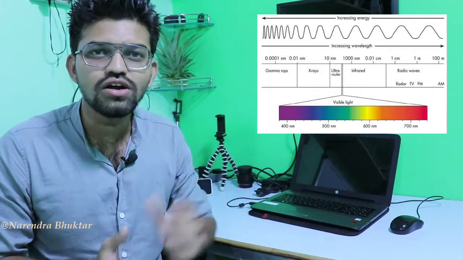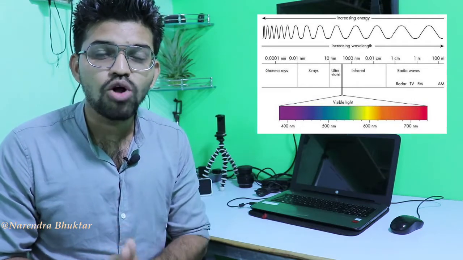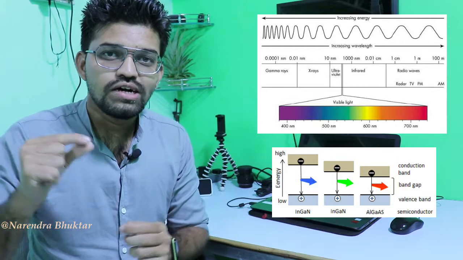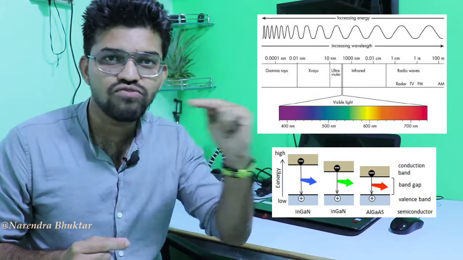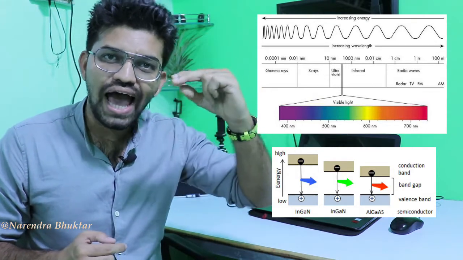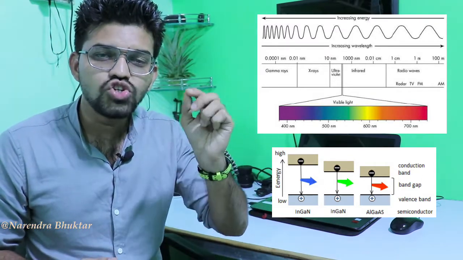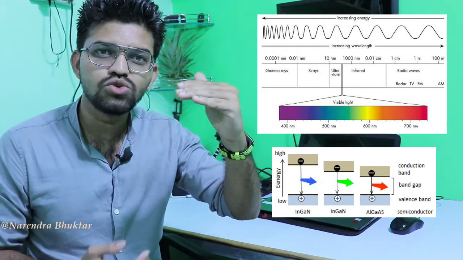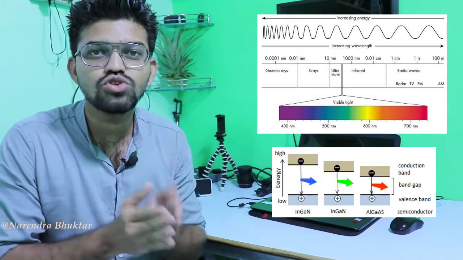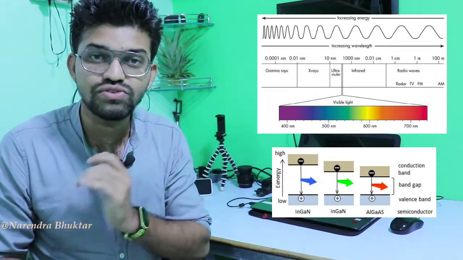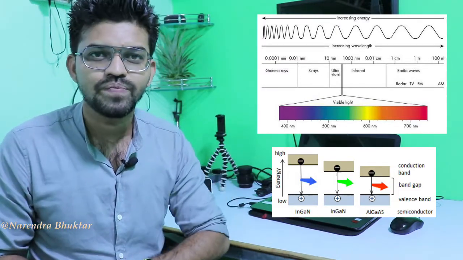So how do all these colors get formed in the LED light? The formation of the color depends upon the band gap. When there is a PN junction, there is some gap maintained between the P and the N. That particular gap is known as the band gap. When the electron jumps from the higher energy state to the lower energy state, because of that gap the different wavelengths get formed. Also it depends upon the material we are using.